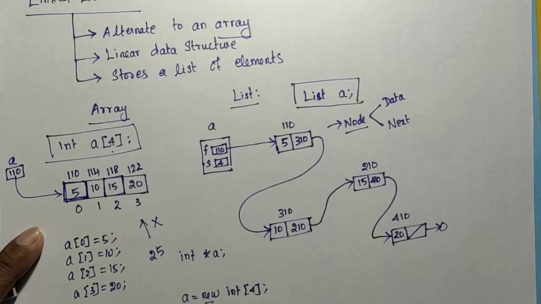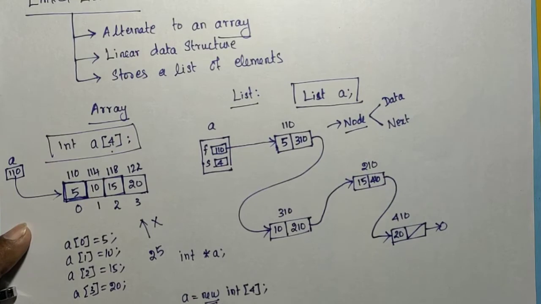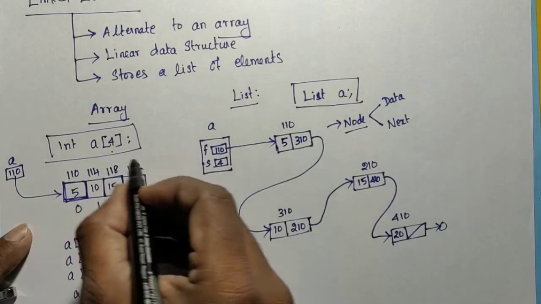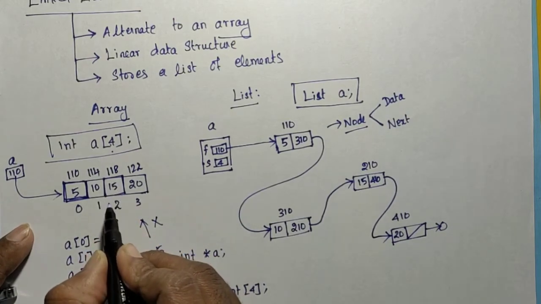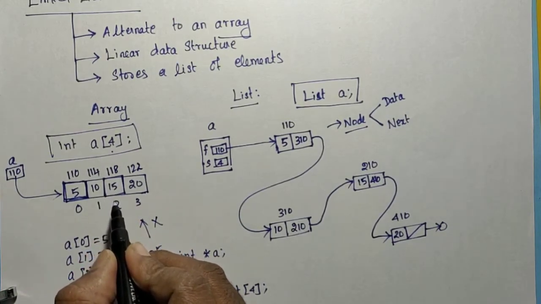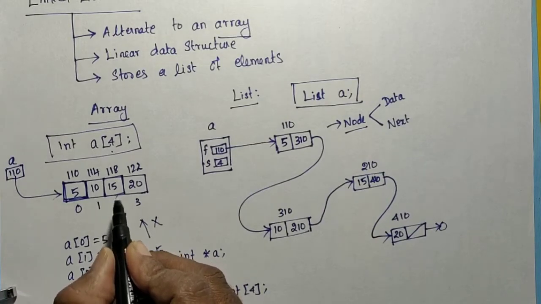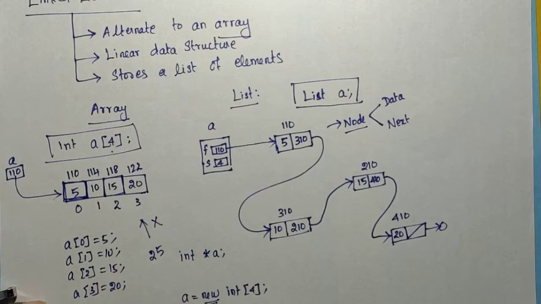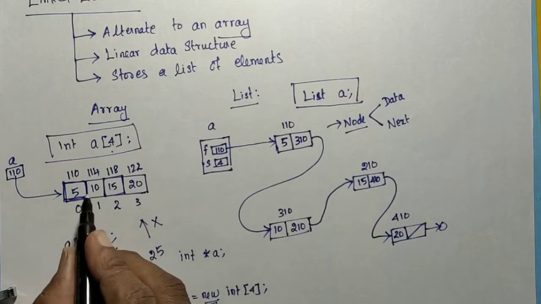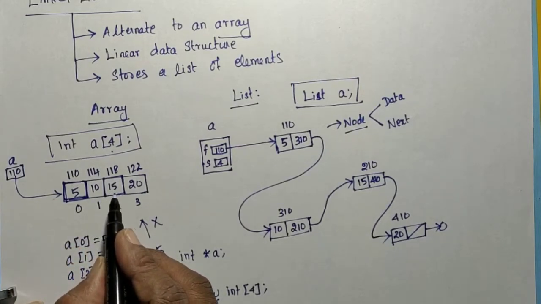Okay, this is created dynamically, so why can't we dynamically delete? So we can delete dynamically. Dynamically means we can apply delete of a. Delete of a means the entire memory will get deleted. So what I am saying is, if you don't want a particular element in that array, that particular element's memory is not able to be deleted. So you can only delete the entire memory location if you are creating an array dynamically. Even if it is a dynamic array, I cannot release the memory for a particular element.